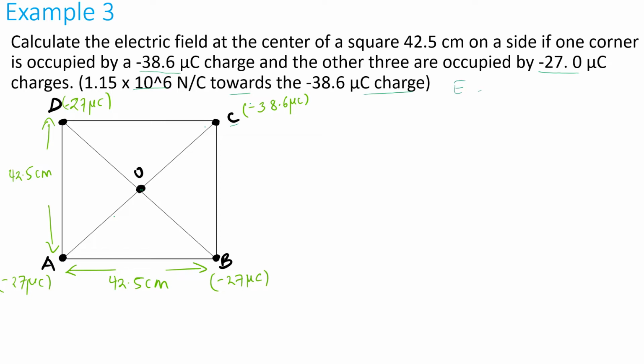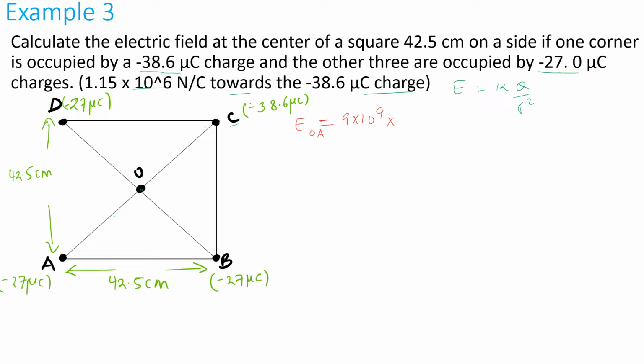We must remember that E is equal to KQ over R squared, where K is known, Q is the magnitude of charge, and R is the distance from O to any charge that we are going to consider. Let's start with E. Let's use red. So we are going to find E at O due to A. E at O due to A is going to be 9 times 10 to the power 9 times the charge